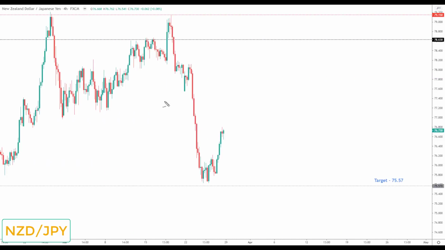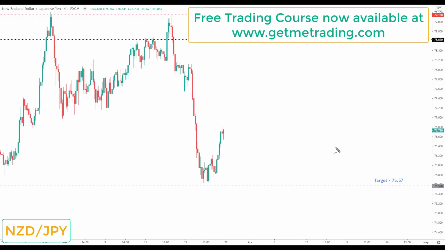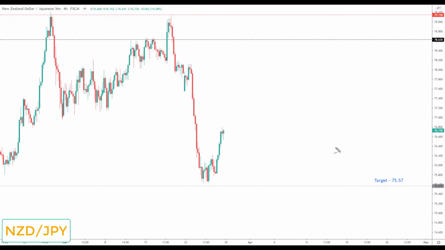New Zealand Yen, we had a big sell-off last week as we saw that rebalancing at the end of the quarter, people taking profits, and you see the yen spike and seeing some strength come into the yen as people are booking profits over the first quarter. Very simply put, going into this week with this correction, any continued correction will be viewed in the short term as an opportunity to look for bearish reversals down to the next key of support to the downside of the target set at 75.57.